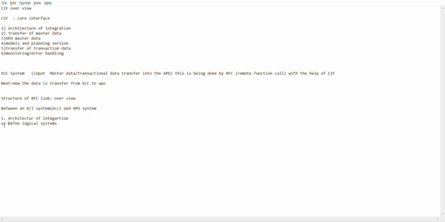Then assign the client to the logical system. You need to assign the client. Client is nothing but the APO systems which are dedicatedly given for the particular